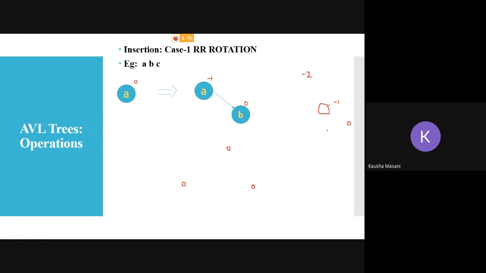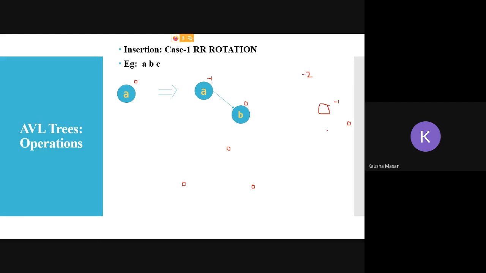Now see, in the alphabetical order, we have 26 letters, right? So A is at 1, B is at 2, C is at 3. B is greater than A, and C is greater than A and B. So that's why B is on the right side. If anybody is thinking that I have randomly placed B on the right side, it is not random. I have considered the alphabetical order of A, B, C. A is the first letter, B is the second letter, that's why B is higher than A. And C is going to be higher than A and B.